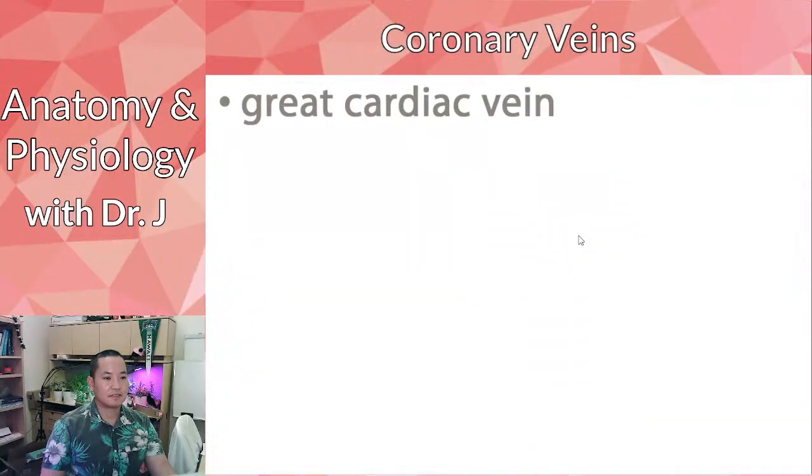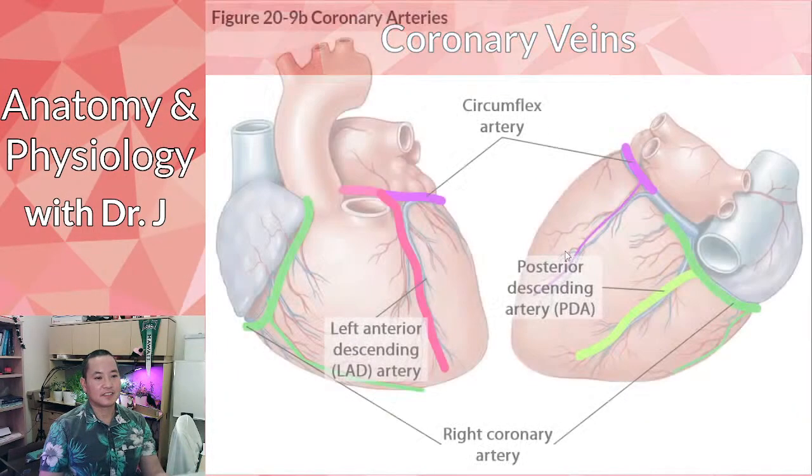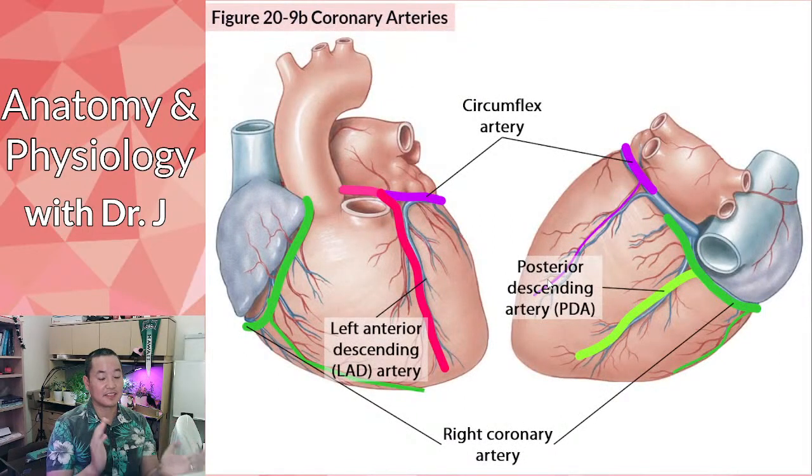Now, coronary veins. Remember that in this case, the arteries do have oxygenated blood, and if you look at their color coding, they are red. But remember that arteries and veins are not so much about what their contents are, but their direction. It's kind of interesting: carrying blood away from the heart, but now it's supplying the heart with its own blood. So technically it is carrying it away from the heart